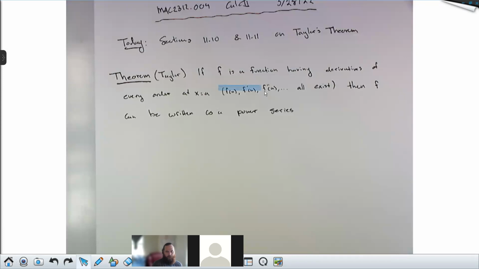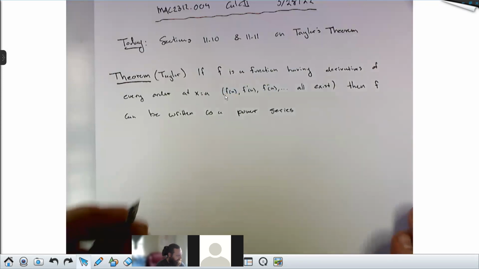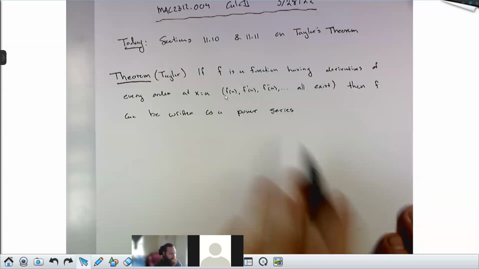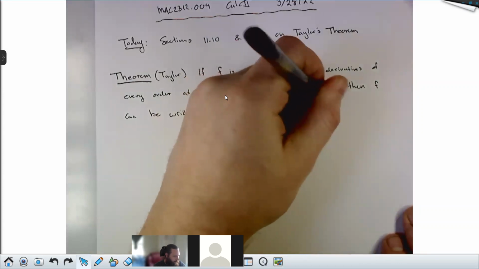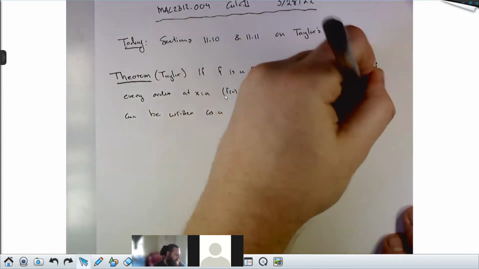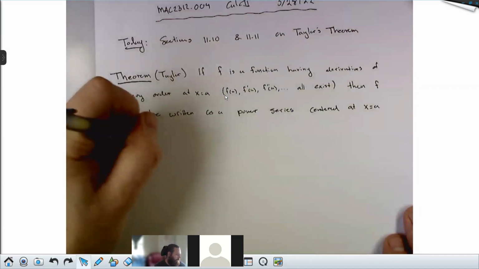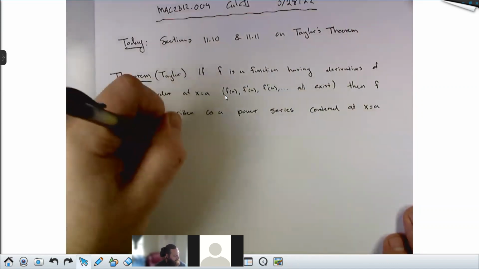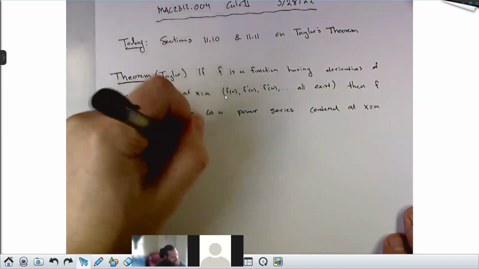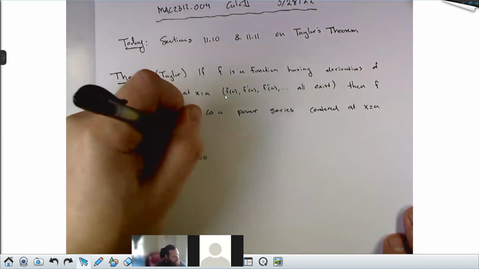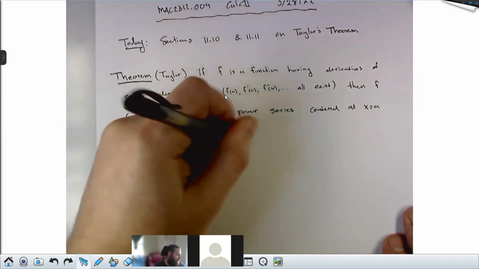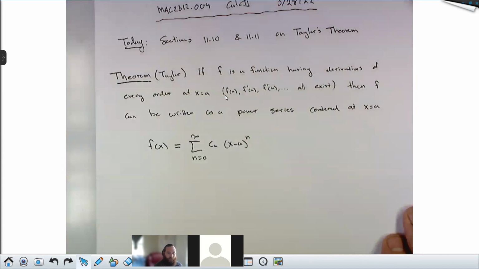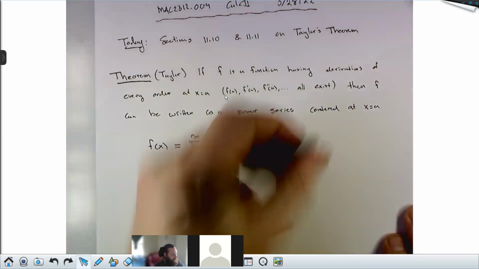Being infinitely differentiable at a means you are analytic at a, which means you can have a power series centered at a. So that means f of x can be expressed as a power series, sigma n from 0 to infinity, c_n times x minus a to the n. And Taylor also provides us a formula for the coefficients,